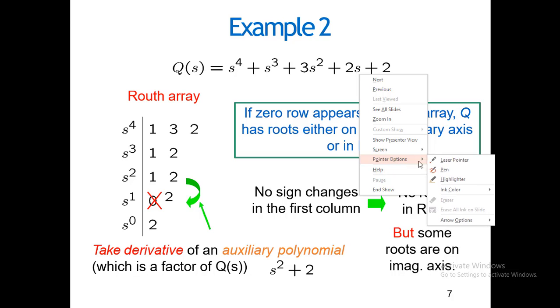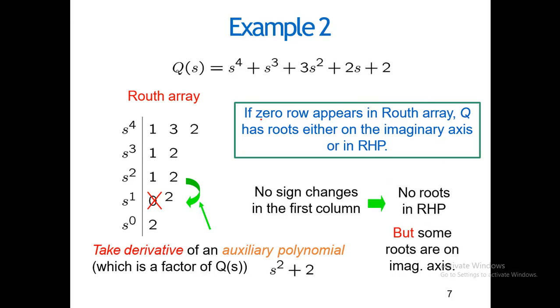So there is another method by which you can solve this equation as well. So let's see that method as well. This method involves the derivative of the auxiliary polynomial. So the method starts with the same procedure that you have to write.